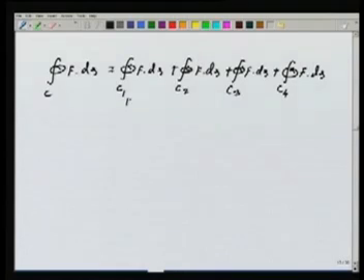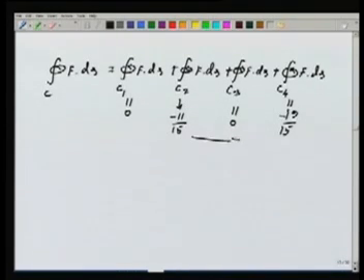Now this integral is 0, C1 that we have seen, this is also 0, this turns out to be minus 11 by 15 and this turns out to be, well, C3 turns out to be 0, C4 turns out to be minus 19 by 15. If I add these two, I get minus 30 by 15, which equals minus 2. So the line integral portion turns out to be minus 2,